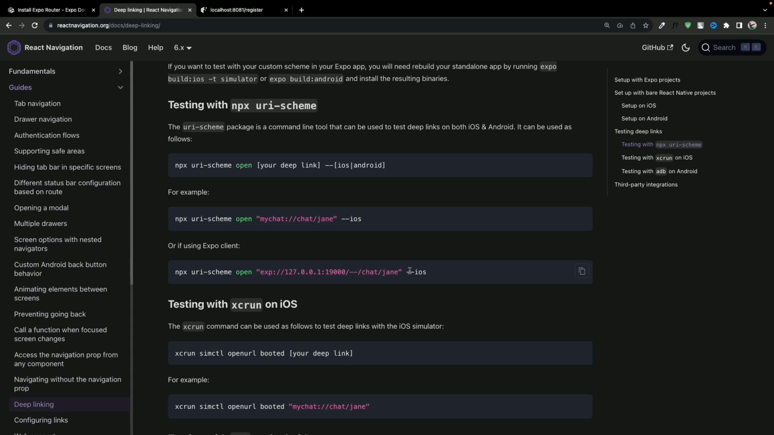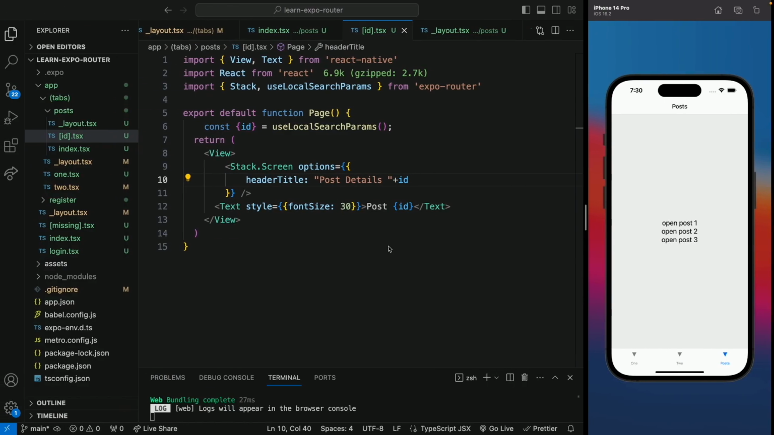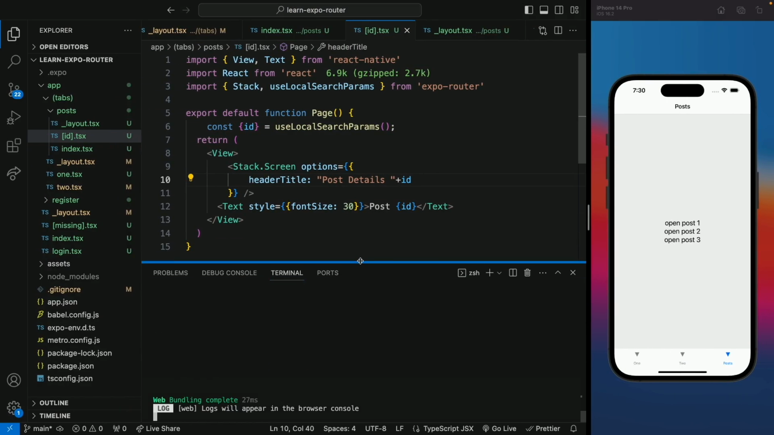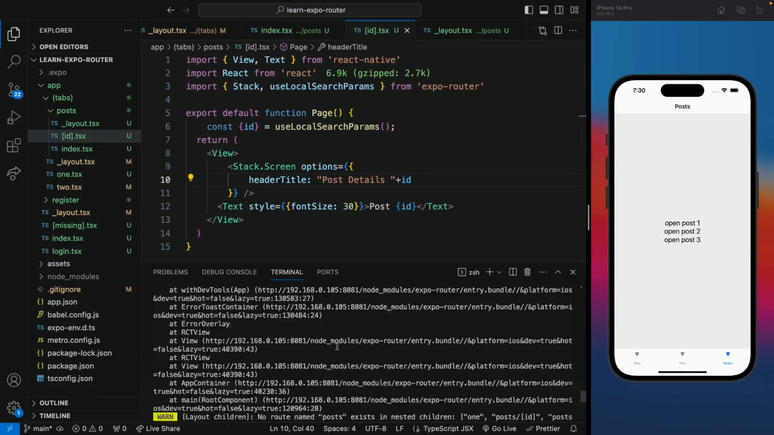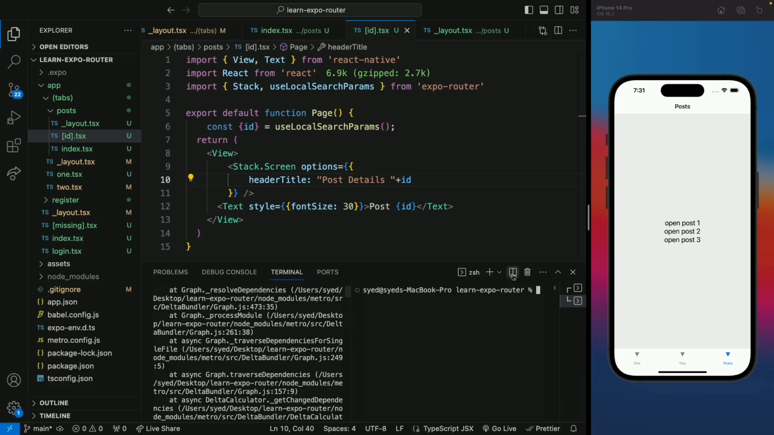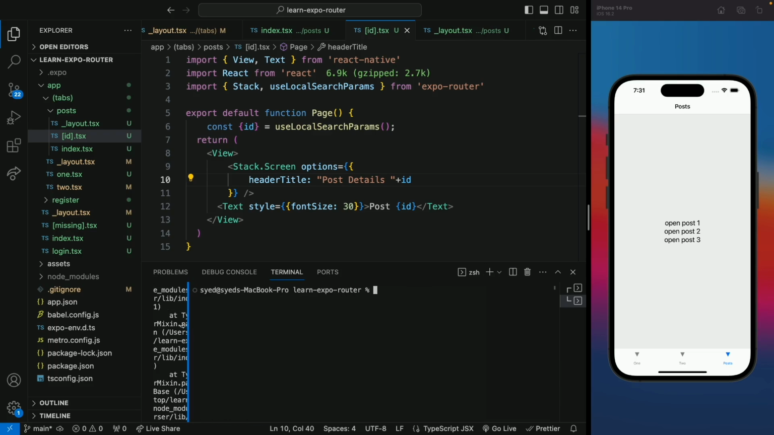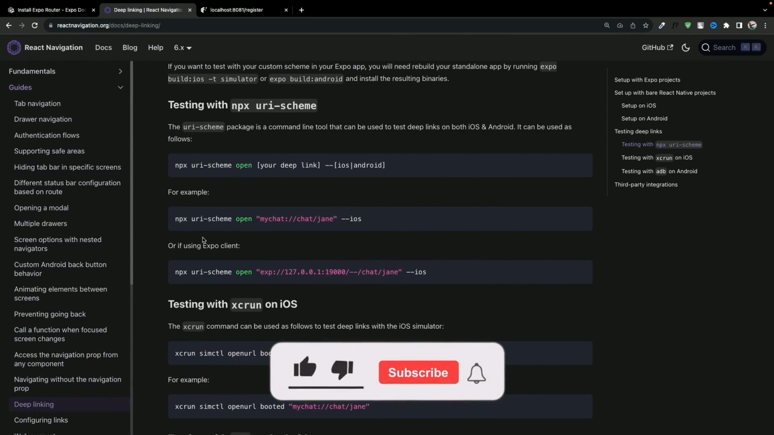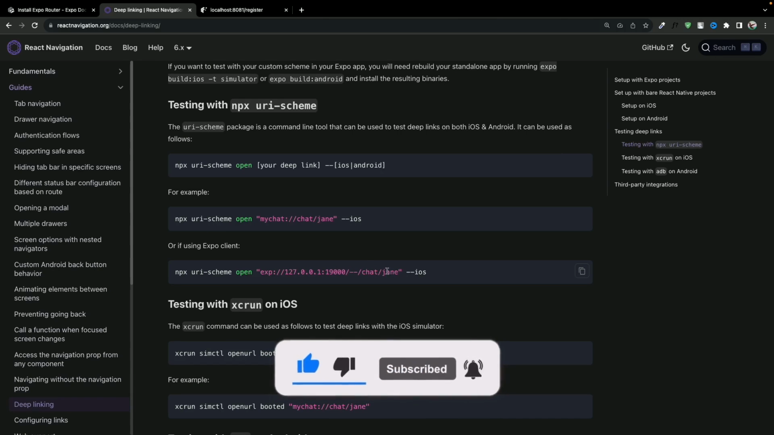with --ios. So let's move back to our application, and the first thing we need to do is find the address of our application. So let's move all the way up, and here is the address of our application. So let's copy the address and move to another terminal. Let's make this terminal bigger. Let's check the command that we're gonna use. So we are going to write uri-scheme open, the address of the app, and then the rest of the URL